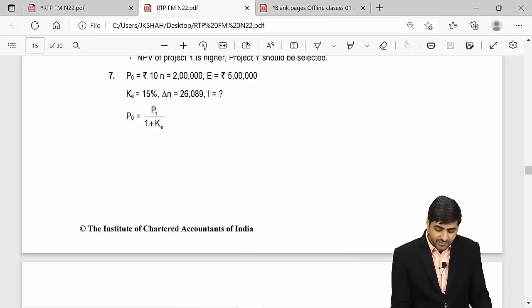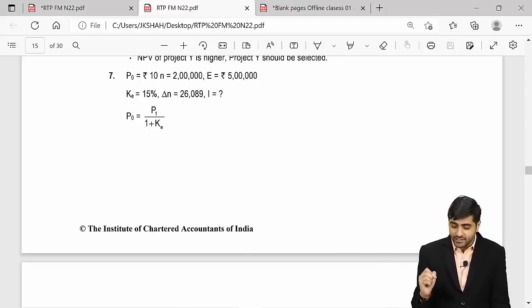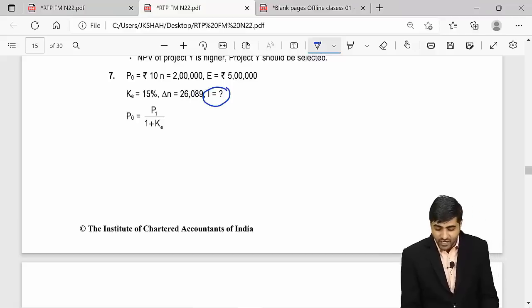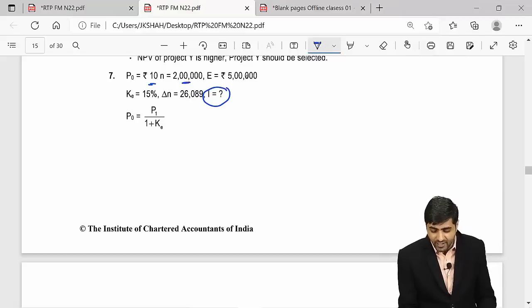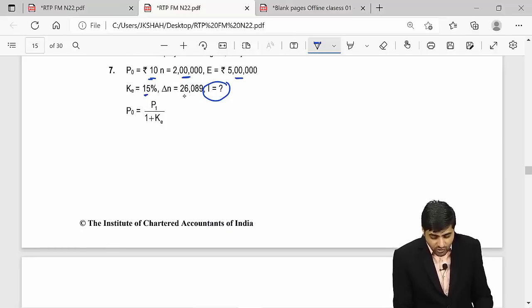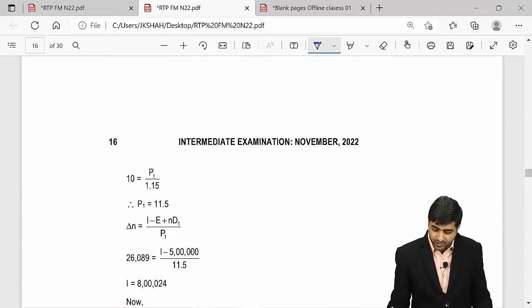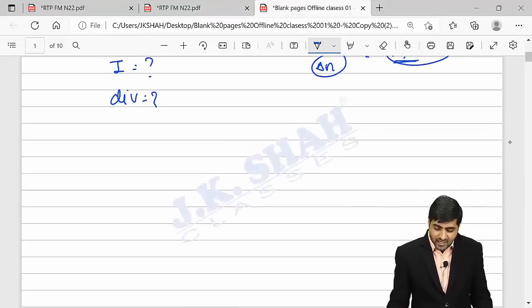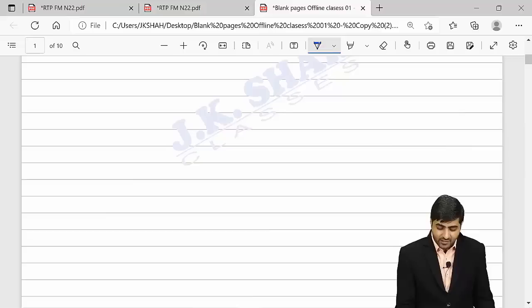Okay, now see, if your dividends are not declared, then how will you find out your I? So let us focus on that. We have P0 available, we have N, we have earnings, we have K. Okay, so this information, and we also have your change in N. This will actually help you to find out your I. Okay, so let us focus like this. If the dividends are not declared,